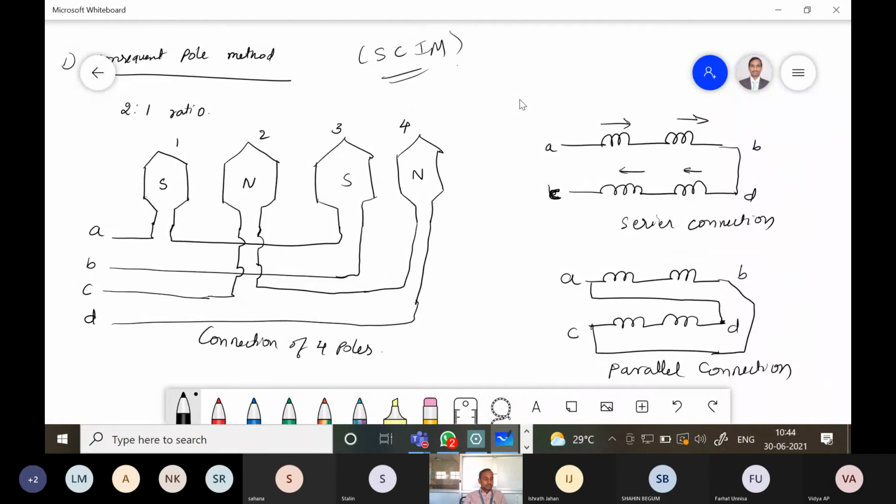Okay, and if two independent sets of stator windings are employed here, one is series connection, another one is parallel connection, each arranged for pole changing, as many as 4 synchronous speeds can be obtained. There are 4 synchronous speeds that can be obtained by using these two connections. So the figure shows one phase of the stator winding consisting of 4 coils divided into two groups, 1 2 3 4. One is the AB group, another one is the CD group.